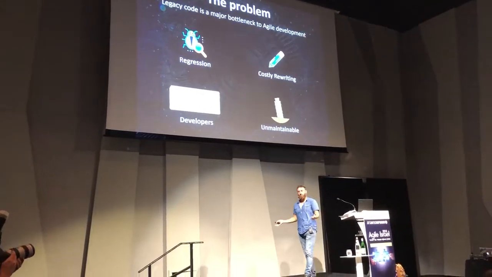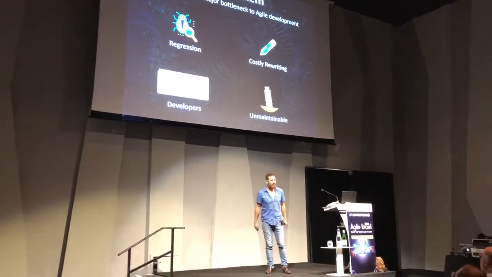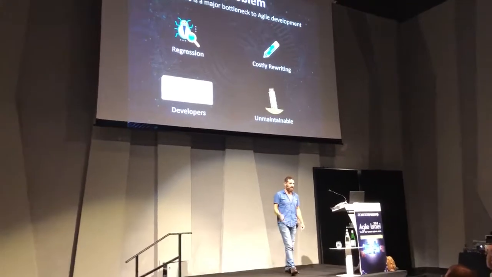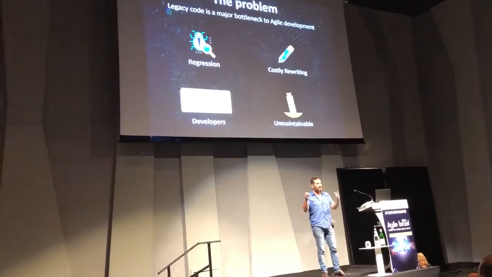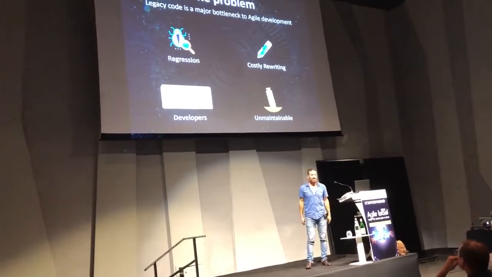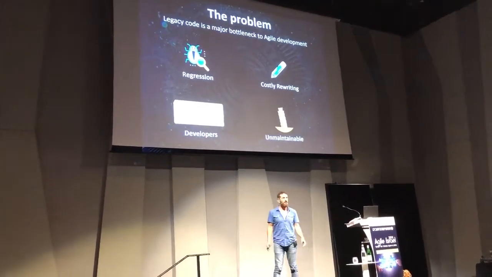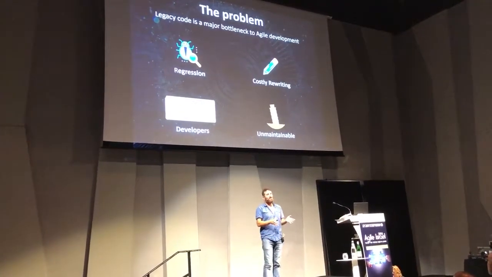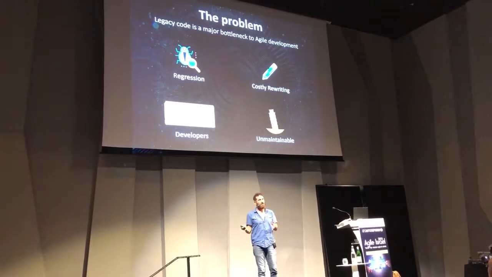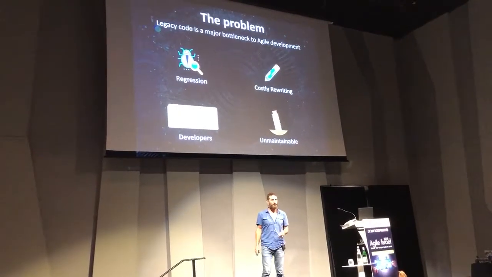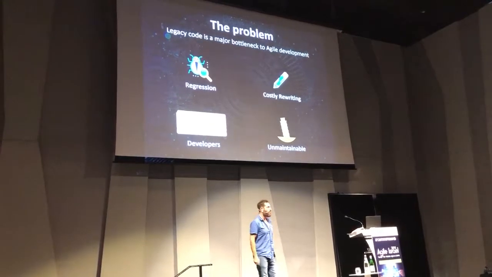So why don't we want to change the legacy code? We talked about it, we heard a presentation about it before. I'm going to just give a highlight of why it's hard to touch legacy code. The first reason is regression. Every time you touch legacy code, you have to do a lot of testing in order to make sure that nothing fails there, because there is an uncertainty there.